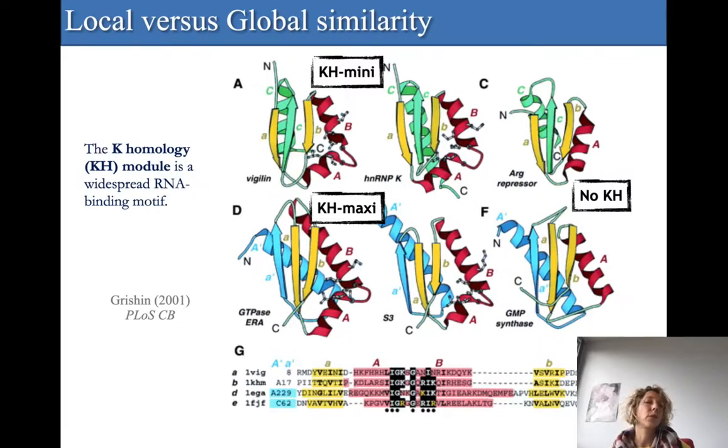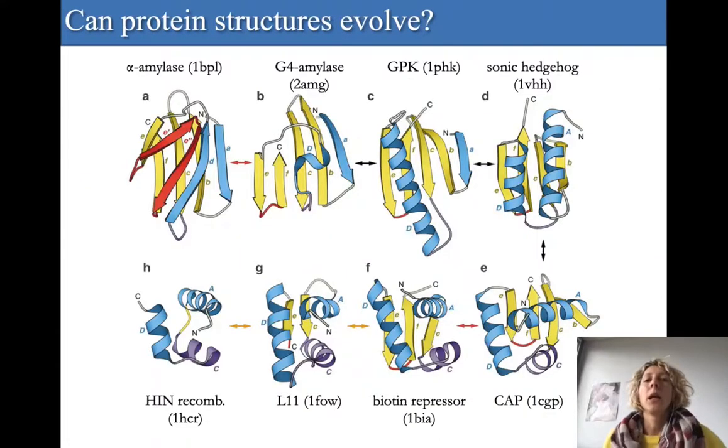So here also there were theories proposing to go from one to the other, whether this is homology or not. So that's a big question: can protein structure evolve? Can we go from A, what you see in A, to H? So this is a